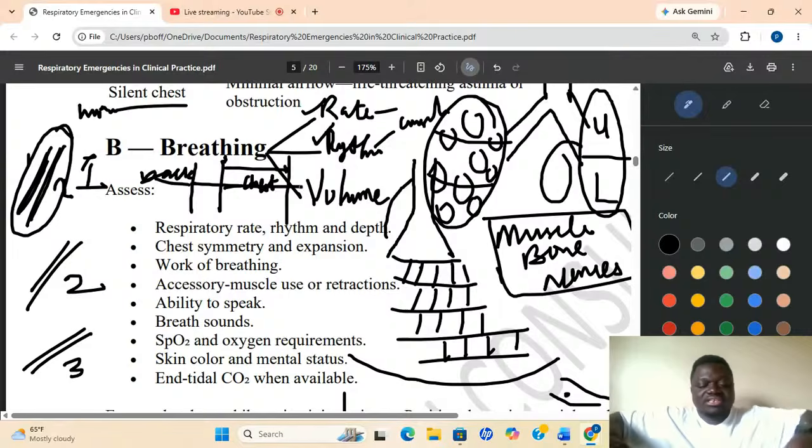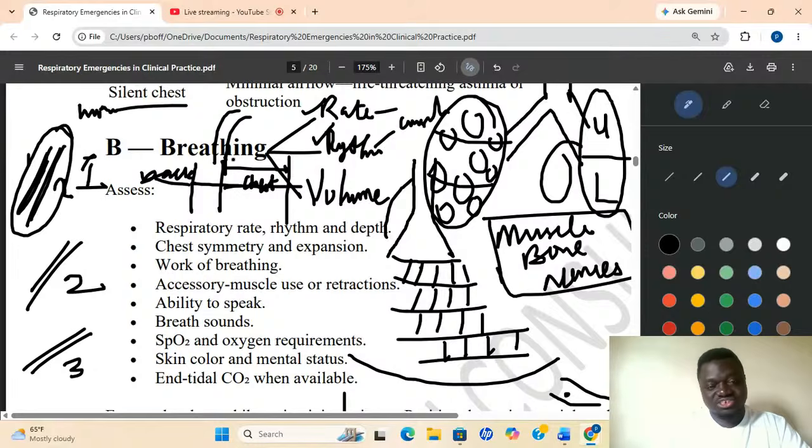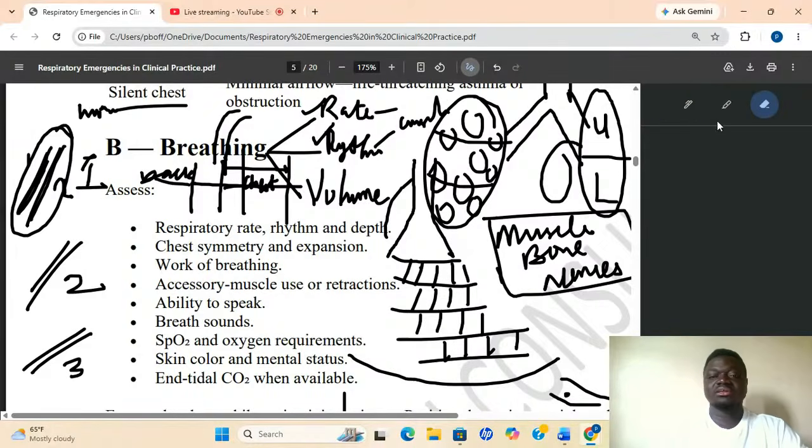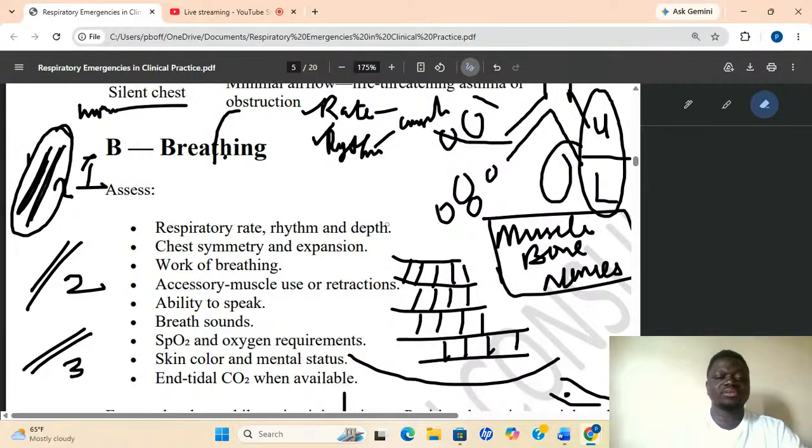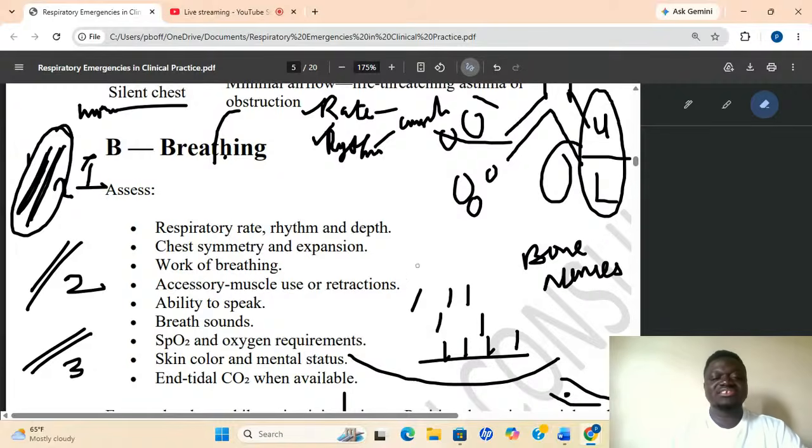But somebody with a stab wound, all these ones, they can't expand a lot. Somebody with severe pneumonia, they can't expand their chests a lot, because the respiratory muscles are in big trouble. So when it happens like that, you are not able to accumulate or get in more oxygen. So you start having what issues with oxygenation.